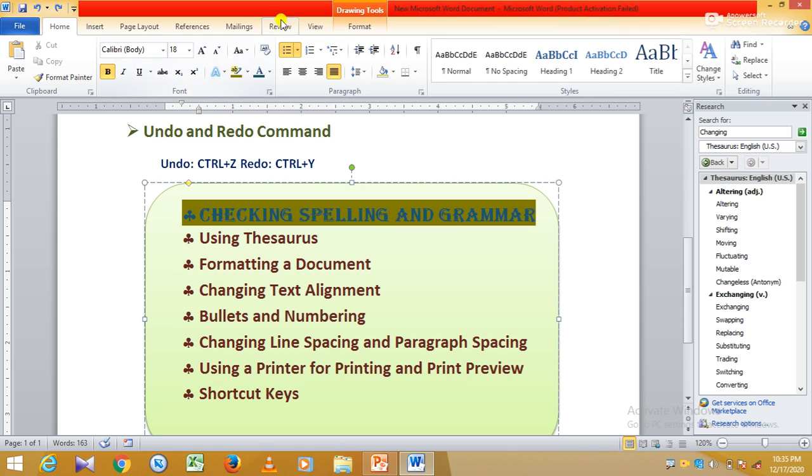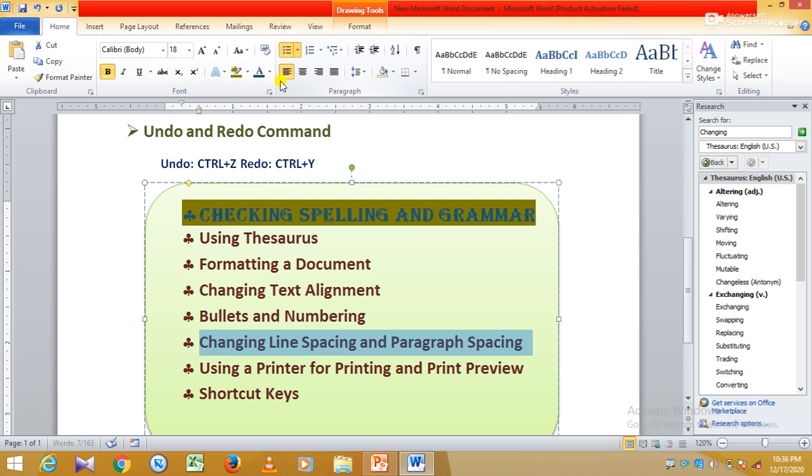See here, first these are alignments: left alignment, center alignment, right alignment and justify alignment. To make the alignment, first of all you are to select the text. Like I am selecting this one, from here to here. Okay, then you can see here in the paragraph group, you will see by default it shows left alignment.